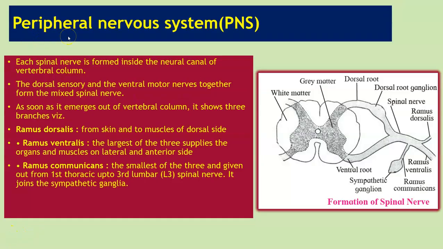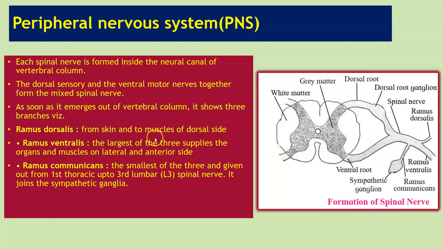Now students, it's time to have a look at the peripheral nervous system, PNS. Each spinal nerve is formed inside the neural canal of the vertebral column. The dorsal sensory and the ventral motor nerve together forms the mixed spinal nerve. Have a look at this image. You can see this is the dorsal root and this is the ventral root which comes together to form the spinal nerve. As soon as it emerges out of the vertebral column, it shows three branches, which are ramus dorsalis